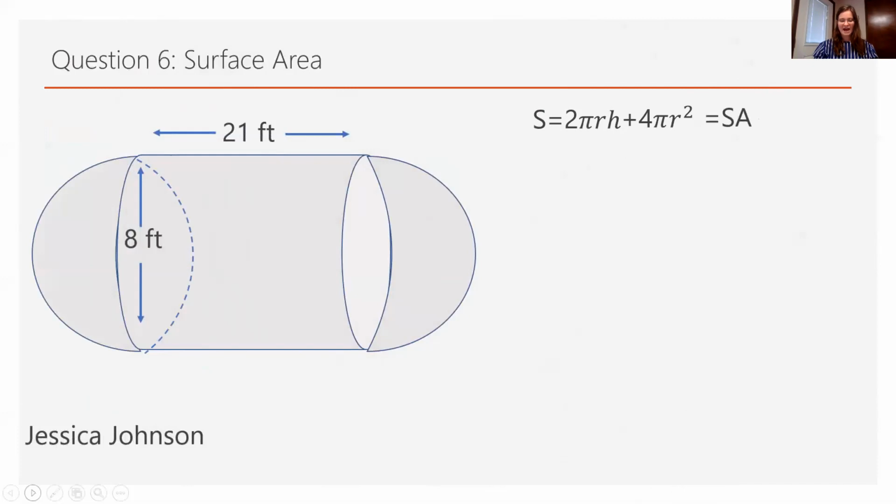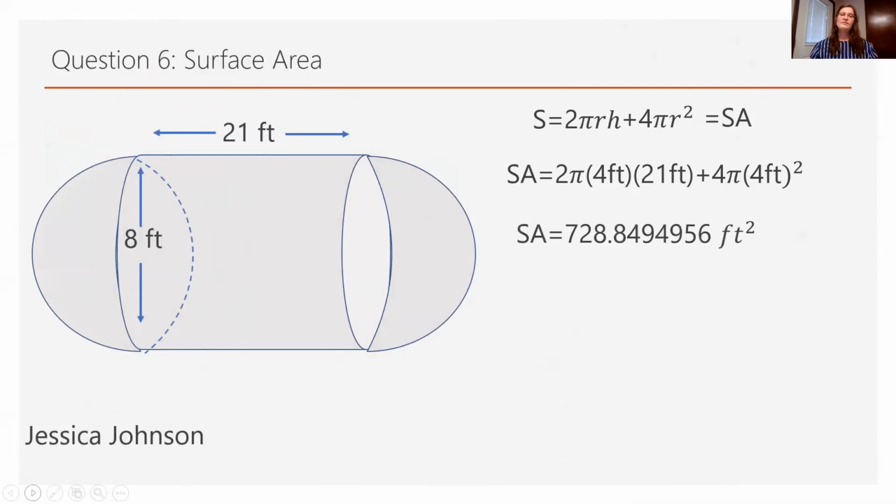Our radius is half of the height of 8 foot. We know this right over here. So our radius is going to be 4 foot. Height, or H, is going to be along the top of the capsule, which is the 21 foot. And we plug our numbers into our formula and we get SA equals 2 pi times 4 foot times 21 foot plus 4 pi times 4 foot squared, which equals, drum roll, surface area equals